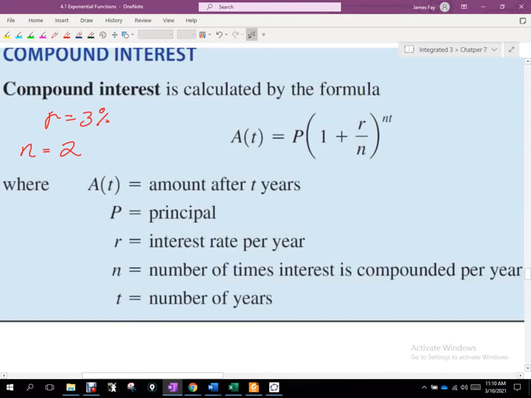Because it never says it in the problems, but it's an APR, an annual percentage rate, okay? So your R is always provided as an annual value, and if we're going to do things semi-annually or quarterly or whatever, we have to divide that by usually 2 or sometimes 4, sometimes 12, depending on the duration of compounds, okay? Then we have to raise that to the NT,